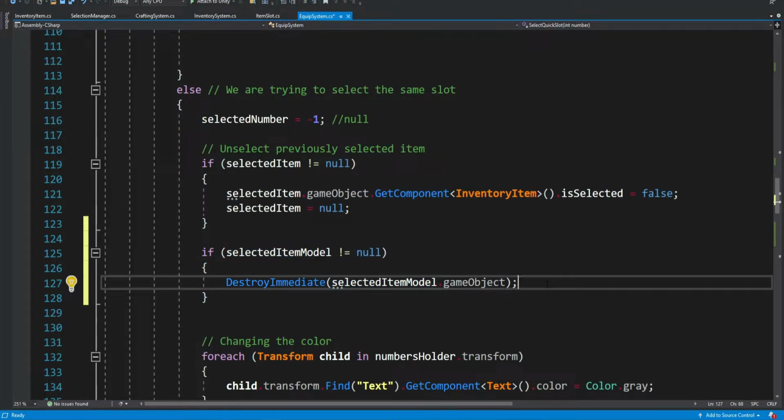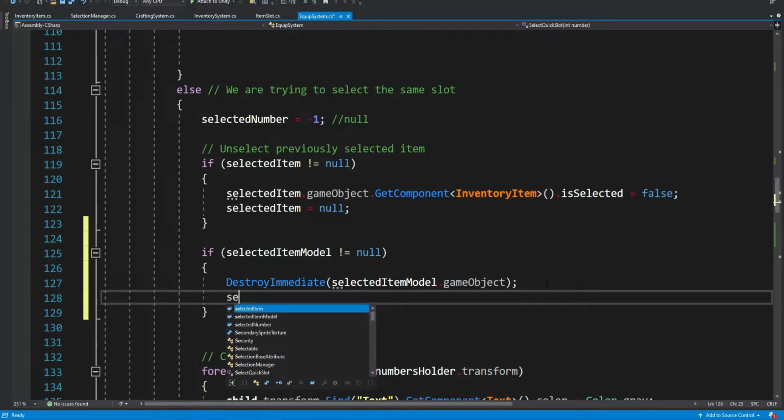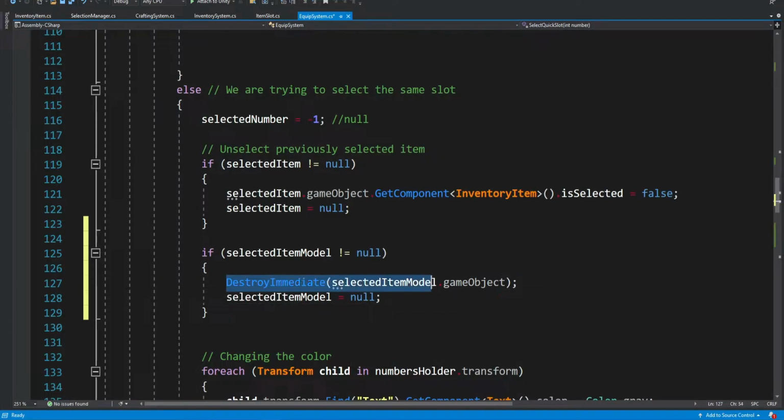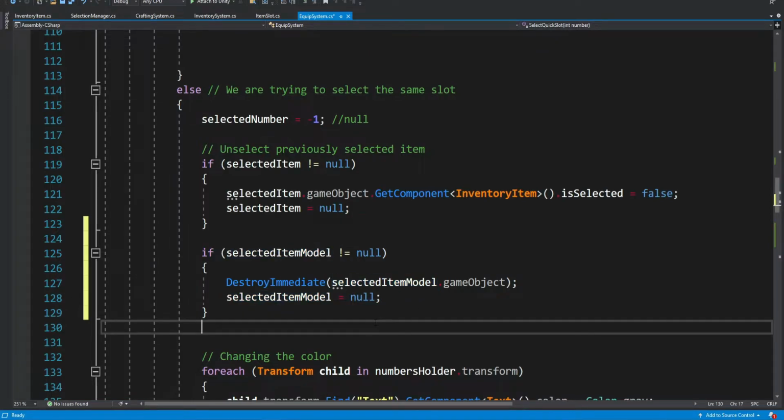And after we destroy it, we also want to set the selected item model to be null. Because if we destroy it, it will just show as missing inside the inspector, but we want to make it null, okay? So we can get rid of this line, but I think it's better to just make it null eventually.